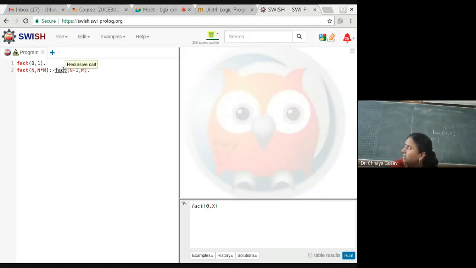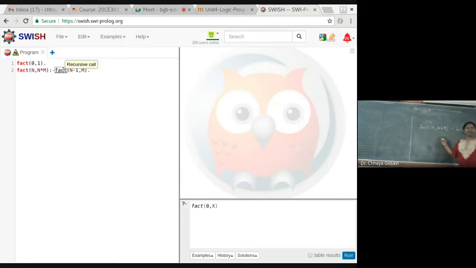Now, this is a recursive call for factorial of 3, how will it work? What is the other rule? Fact of n is n into m, where factorial of n minus 1 is m.